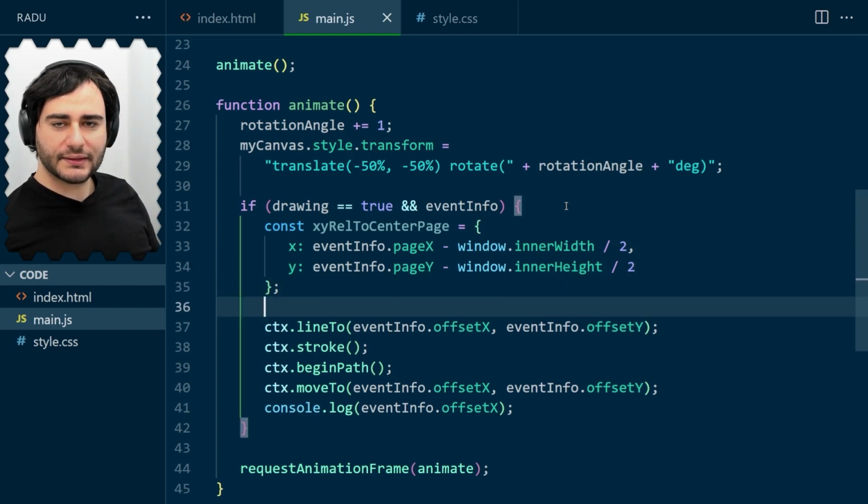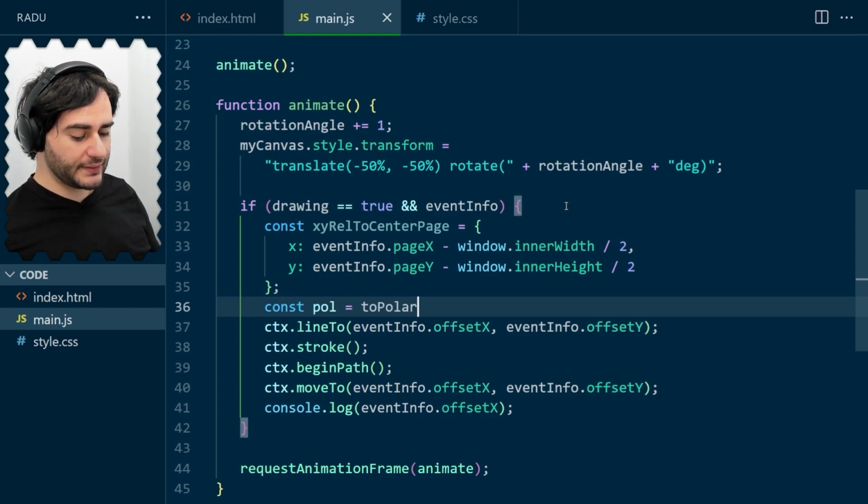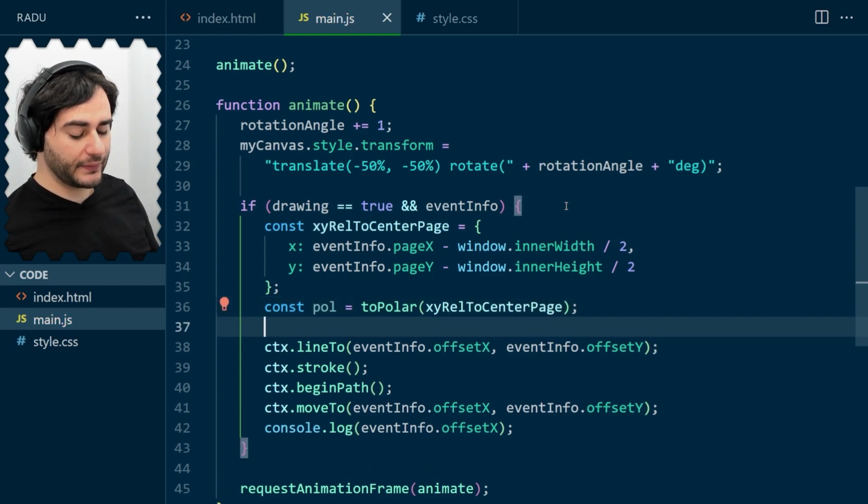And now from these, we need to convert to polar coordinates to get the direction and the magnitude, the length of the vector. So toPolar, we're going to need to implement this, and we pass this xy value like that. And then let's subtract the rotation angle,